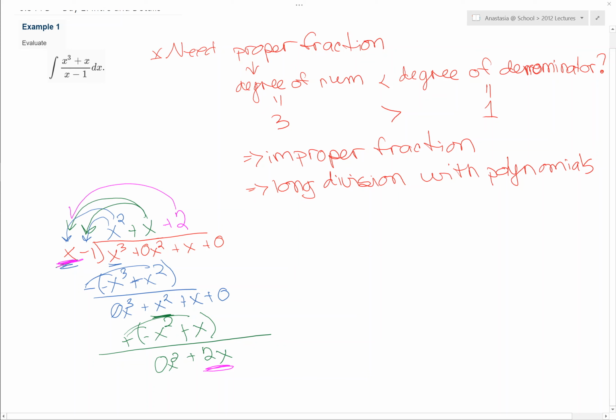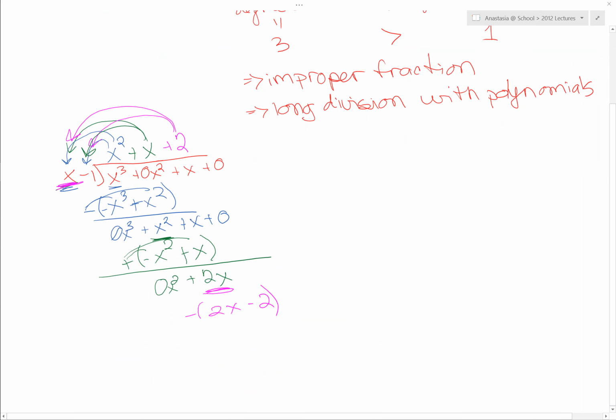Repeating the process, multiplying the 2 to each one of our terms, we're going to have a 2x minus 2, and we subtract that so that we end up with a 0x, and then plus 2. And 2 is our remainder